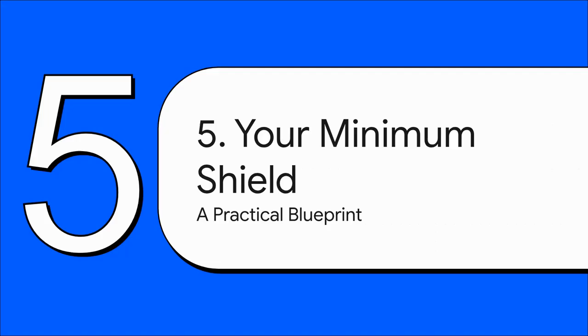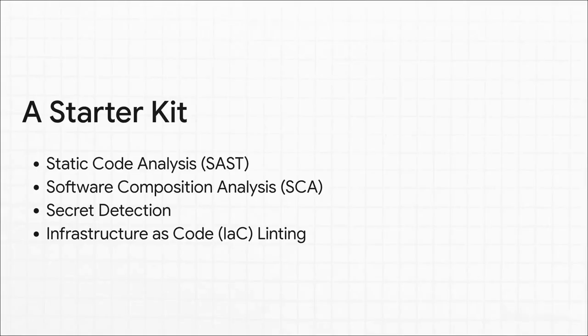So that all sounds great, but how do you actually get started? Let's get practical and look at a blueprint that you can use to architect the very first version of your automated security shield. We call this the minimum viable shield. Think of it as a non-negotiable starter kit with 4 automated checks. You've got SAST for your code,